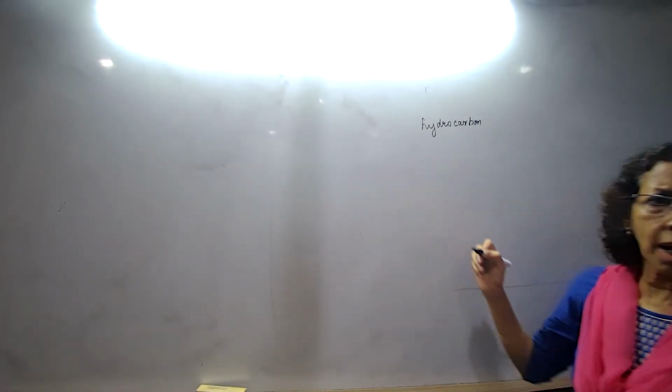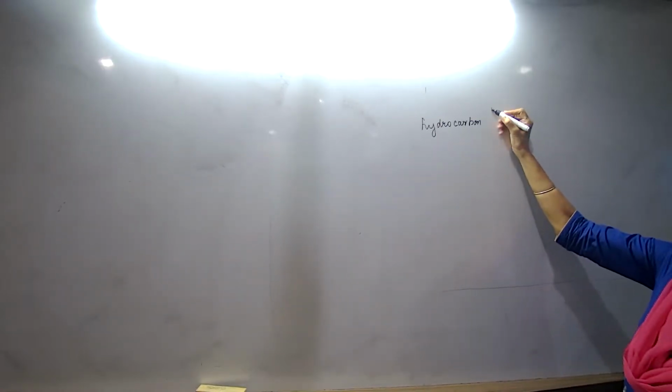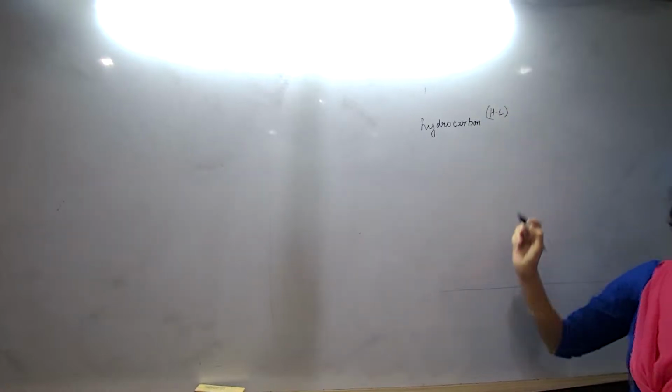What is a hydrocarbon? Hurry up. Are you ready with your notebooks? Hydrocarbon, that means it has got only hydrogen as well as carbon. Okay, we are not talking about oxygen or nitrogen or something like that. So we said hydrocarbons are of three types. I asked you to draw three tables. Alkane is over, alkene is over, and now we were doing alkyne.